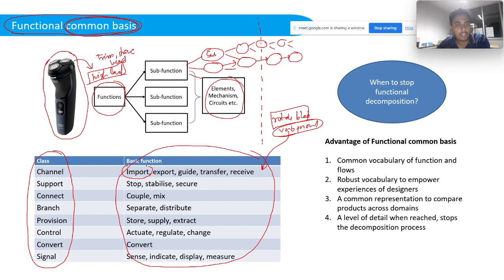So whenever we can reach this particular level, using this sort of verbs along with a particular noun, we can stop the process of functional decomposition. Clear? Okay, so for example, what we did previously, for the mixie grinder,